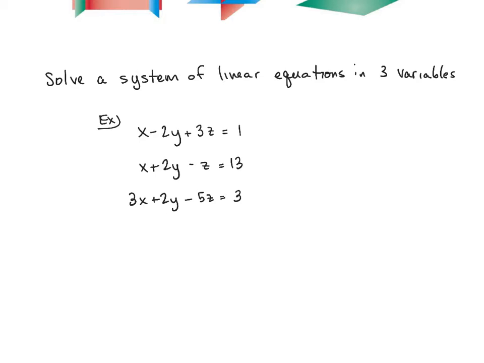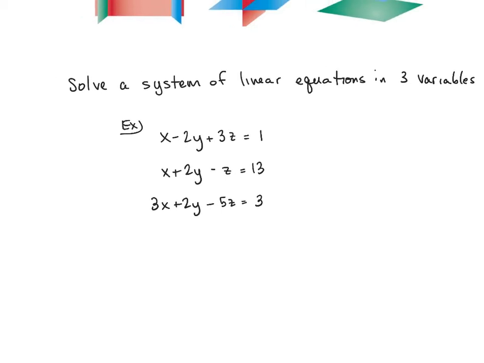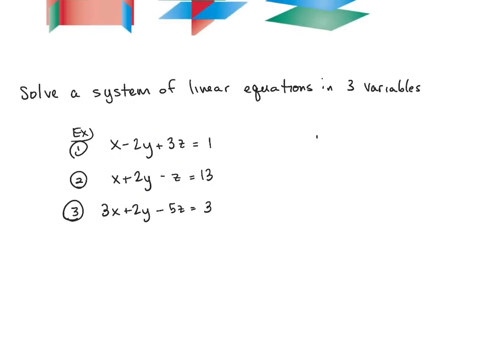For example, if we look at equation 1, I notice there's a coefficient in front of y of -2. And if I look at equation 2, I notice there's a coefficient of y of +2. Those are opposite coefficients, +2, -2. So if I take equation 1, I'm going to go ahead and number these. If I take equation 1 and 2,